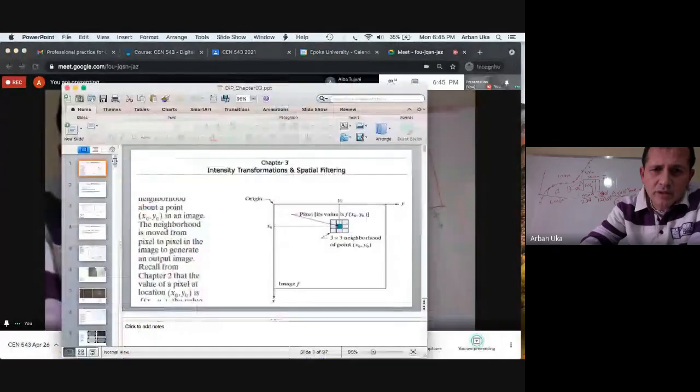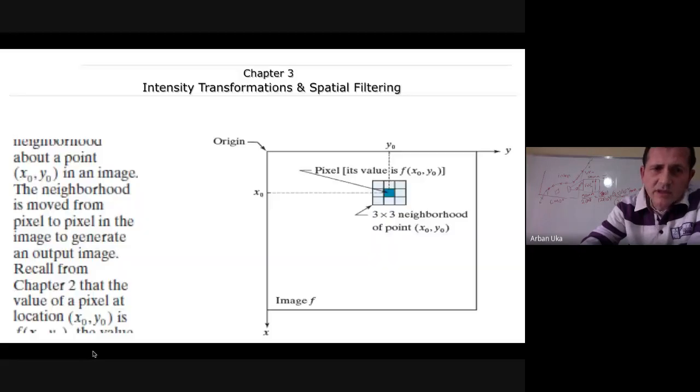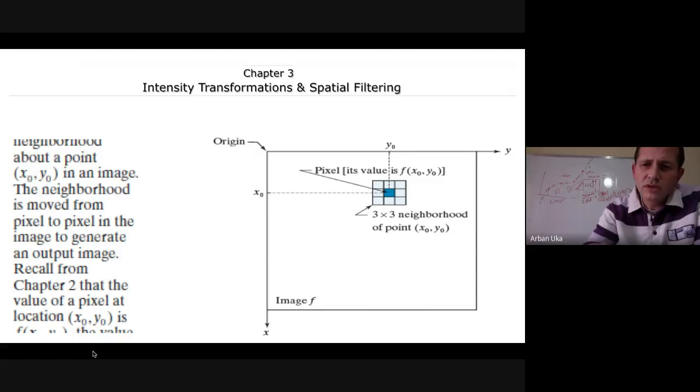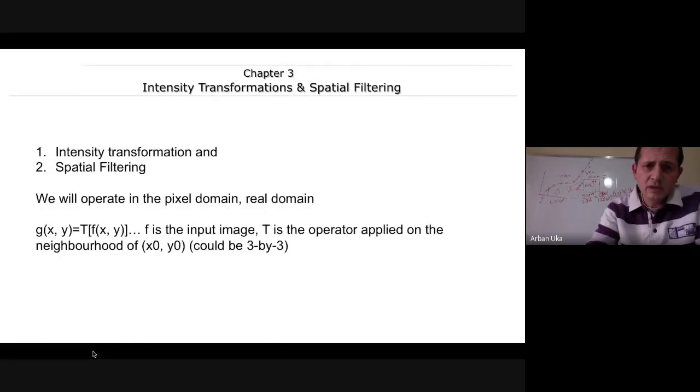Now, today we're going to talk about the different spatial filters. Whenever we analyze a specific image, we have to work on the pixel itself, and also with the neighborhood pixels in the surroundings. In this case, for this specific pixel, we are going to use a 3x3 neighborhood. Assuming that we have the pixel in the center, we can consider this one as N8, which means that we have 8 neighbors. Now, this topic or this chapter is also called intensity transformation, or also spatial filtering.